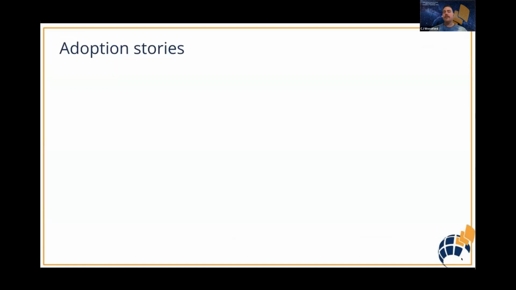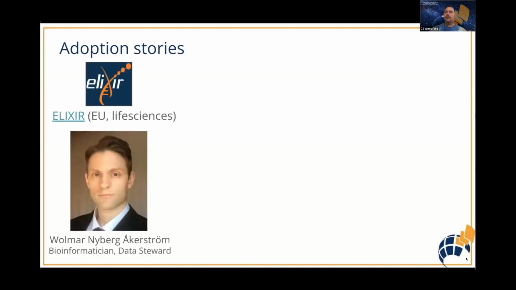We do have some adopters that are already using the model to actively restructure or build upon their commons or research infrastructure. And while I don't have time to get into each one in particular, I will just mention who they are. And so first one being Elixir, which is a life sciences commons throughout the European Union, headed by one of our colleagues, Walmar Ekstrom. They've been a kind of a long time lurker in the GORC working group. They've been citing our work since 2021, even before when the model came out. And we have a workshop with them coming up in June to help their individual nodes pick up the model and use it for design purposes.